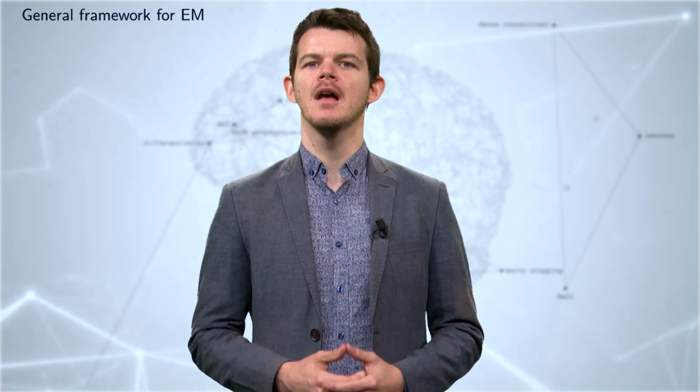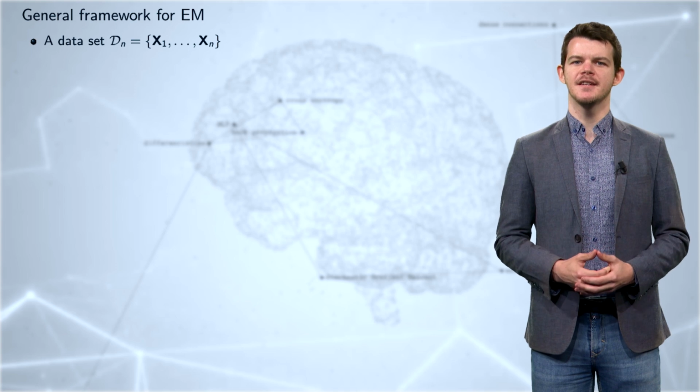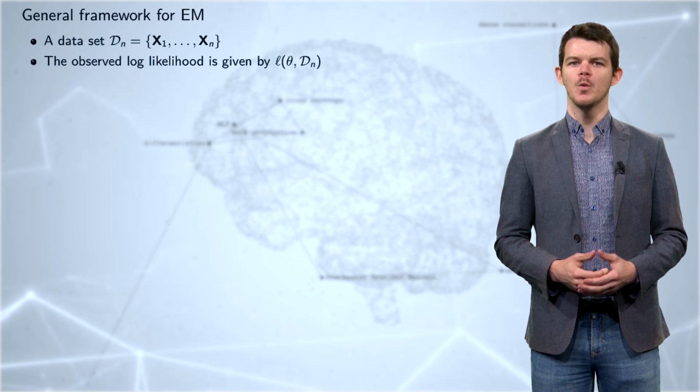We have seen the EM algorithm for a specific problem. Let us now see the generic formulation of the EM algorithm. Assume that we have a dataset Dn composed of x1 until xn. We have access to the observed log likelihood of a problem, which requires to put a probabilistic parametric model on